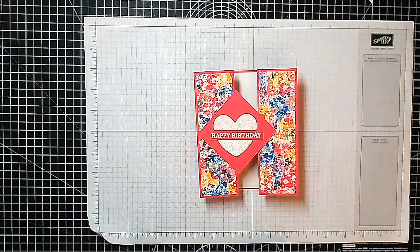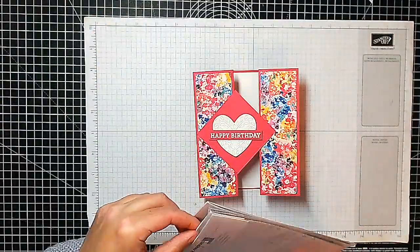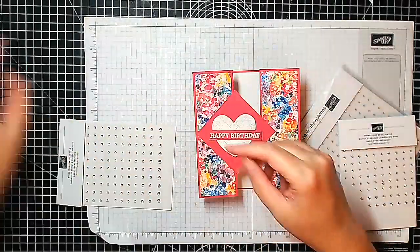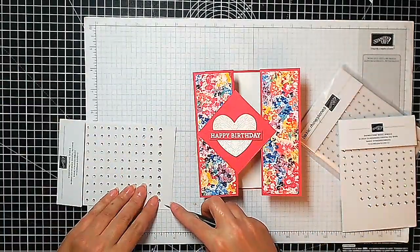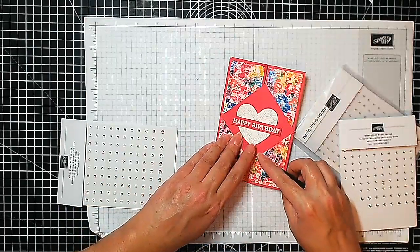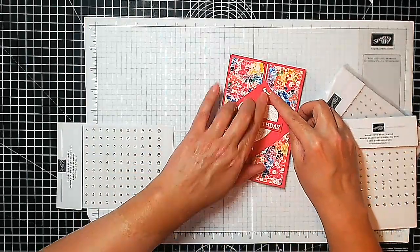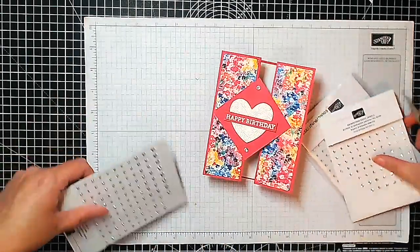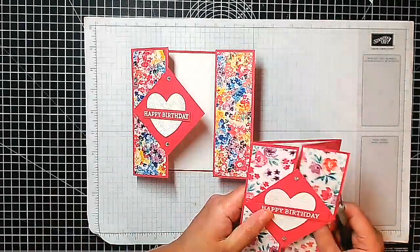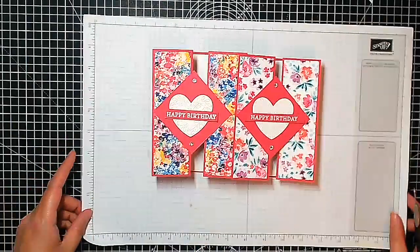And then some finishing touches. I've got some rhinestones here, and I'm just going to put a few, one at the top and one at the bottom. Okay, so there are your two gatefold birthday cards with a heat embossed sentiment,